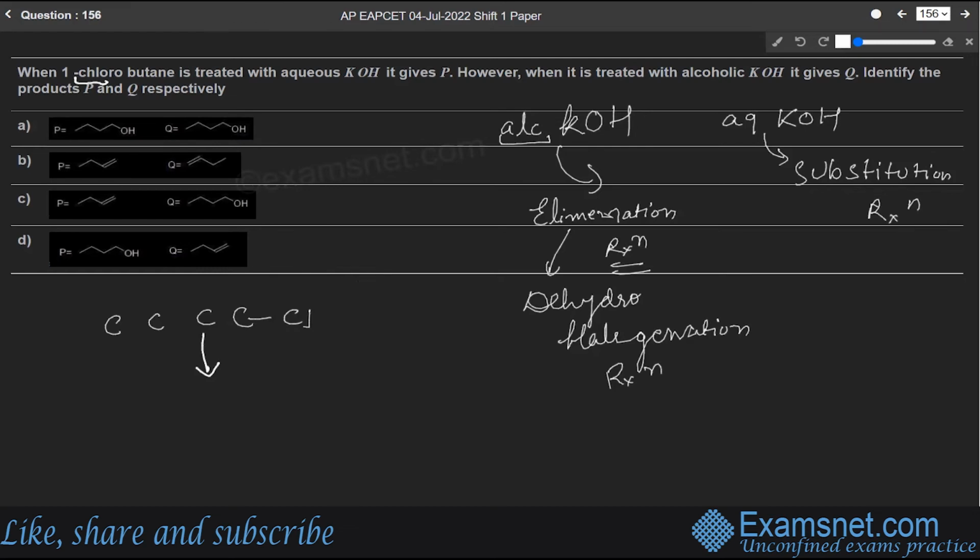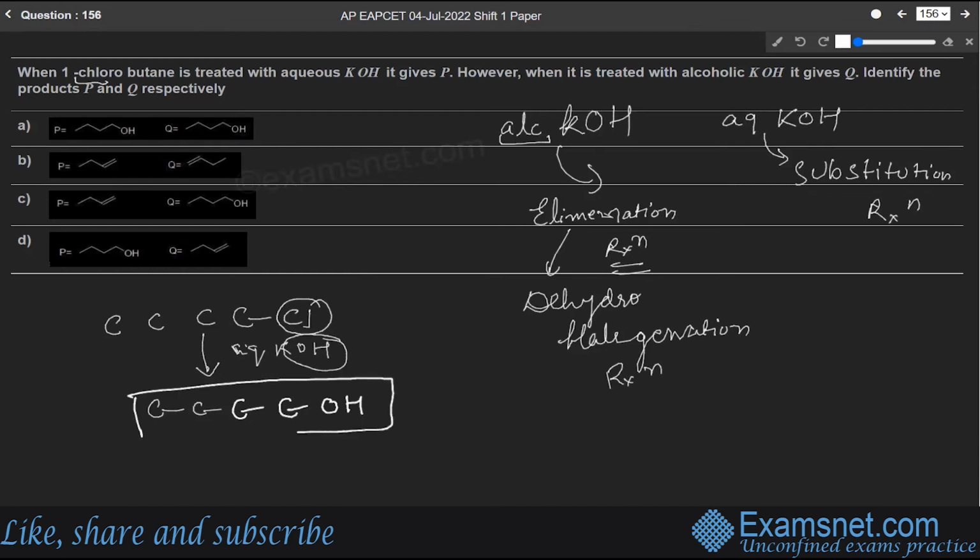Now for the aqueous KOH, you have to go for the substitution reaction. The Cl would be replaced by OH. So this would come as C, C, C, and the last carbon would have OH. You see, 1, 2, 3, 4 carbons. This is what comes for the aqueous KOH. Now, when you talk about alcoholic KOH,